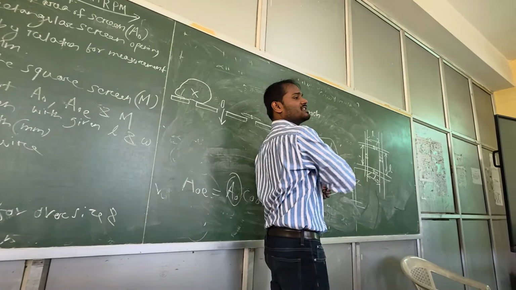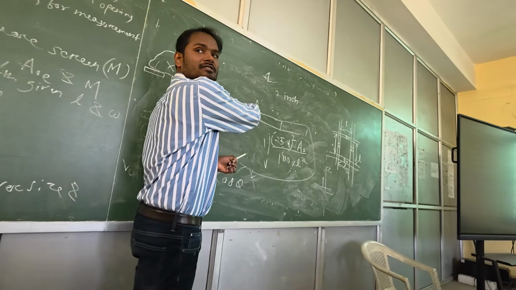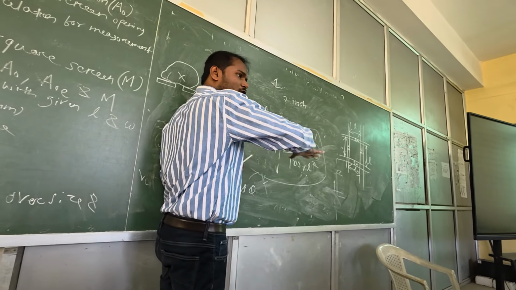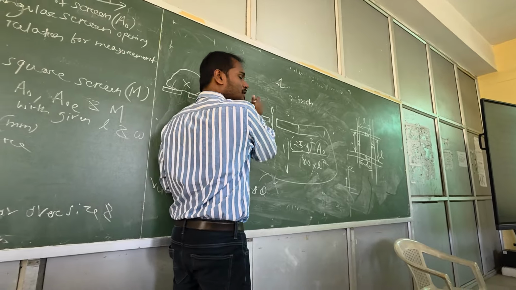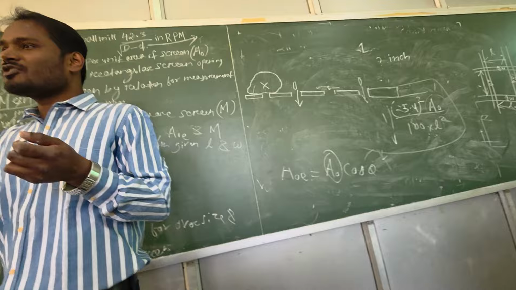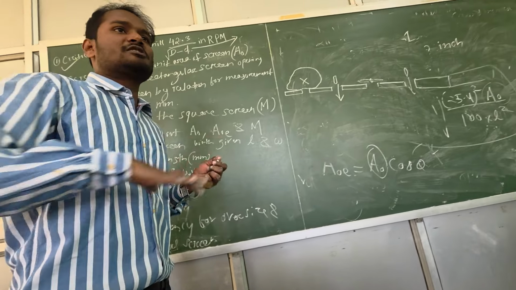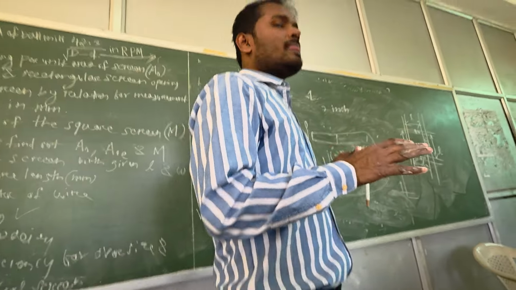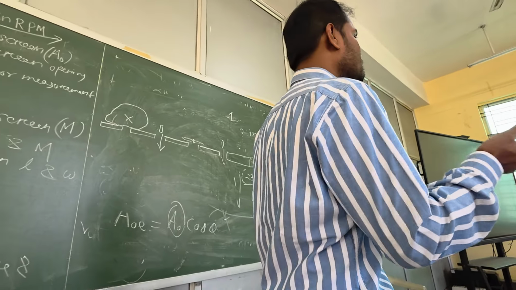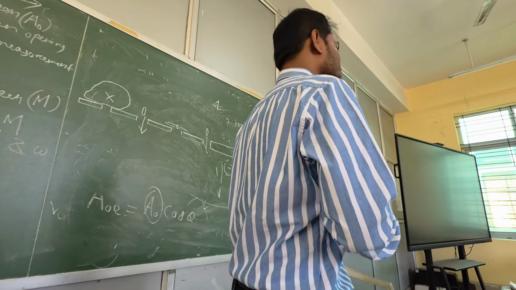But if it is a stationary screen, what will happen? The orientation will not change. If it is stationary, it cannot pass. But if you are vibrating or oscillating it, it will rotate back and come out like this. So that is the significance of vibration, oscillation, or reciprocatory motion of the screens. Shape and size of the particle are also important, and dynamic screens are better than stationary screens.